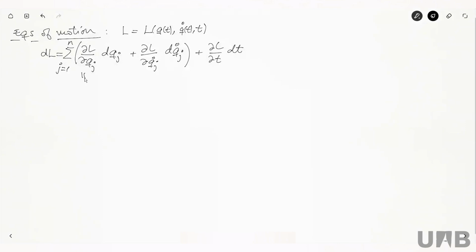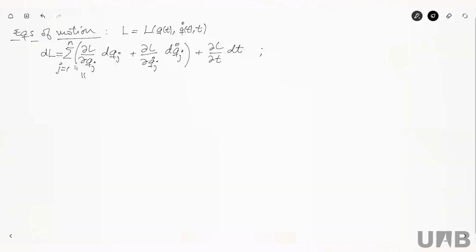Now, what is the derivative of L with respect to q? This we can write in terms of p. Now we have to rewrite everything in terms of p's, okay? So we have to go back to the definition of p, the canonical momentum, and rewrite everything in terms of p. So that's our work now.